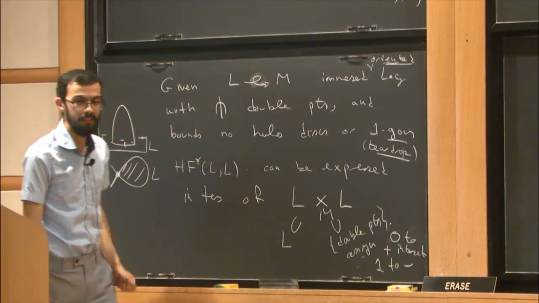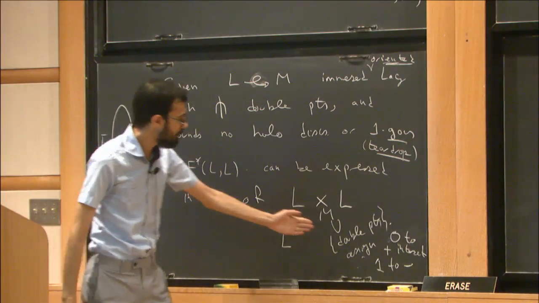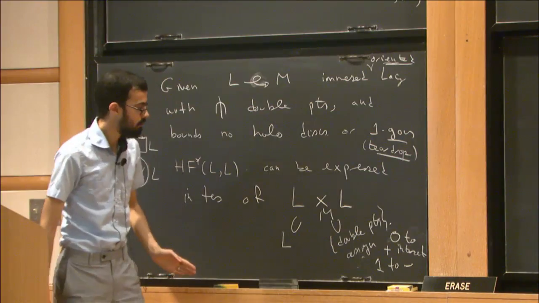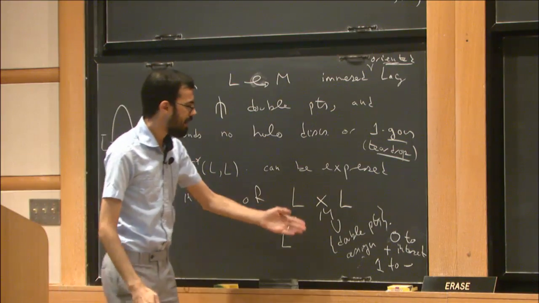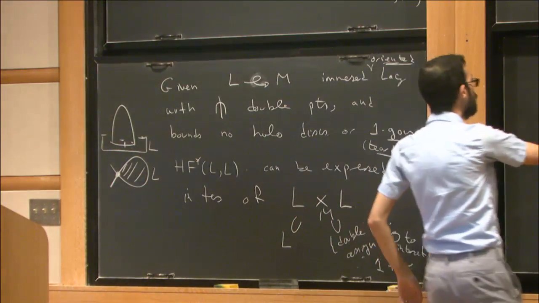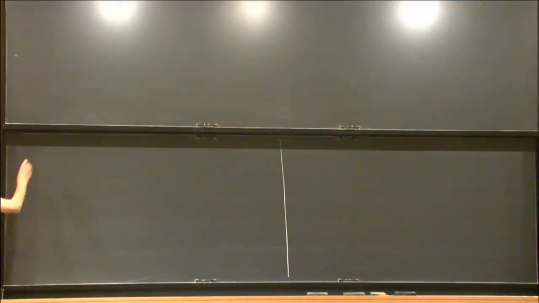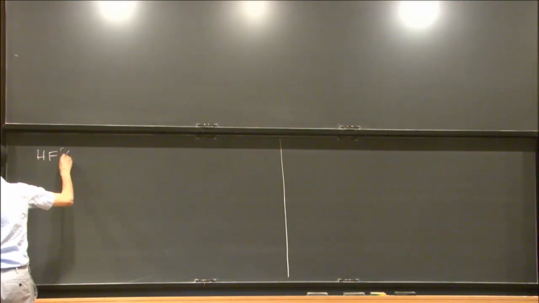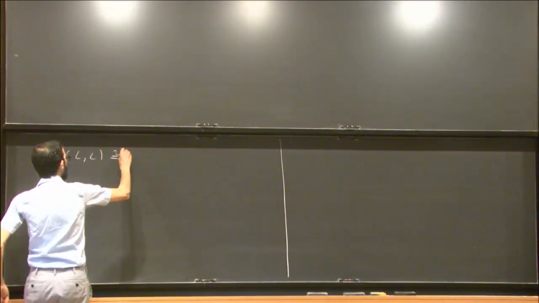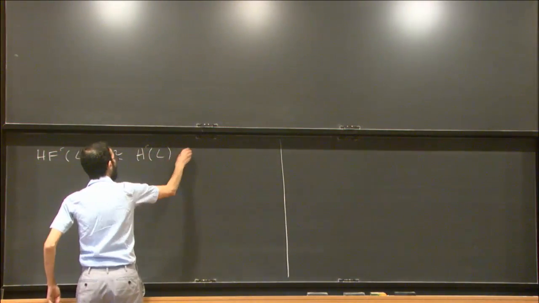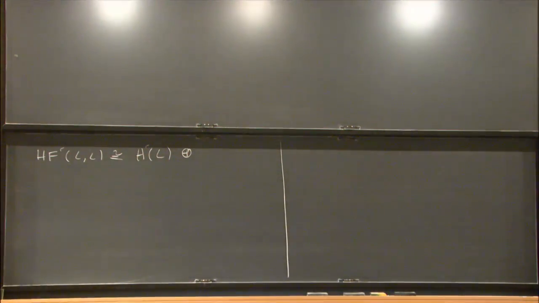Yes. Ordered double points. All I'm saying here is that I sign 0 and 1 instead of +1 and -1 because I want to write the following: this Floer cohomology is isomorphic to the cohomology of L, direct sum